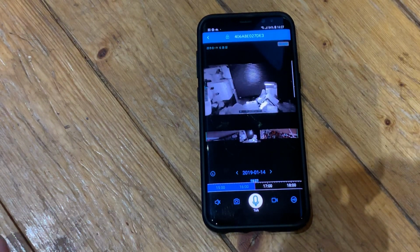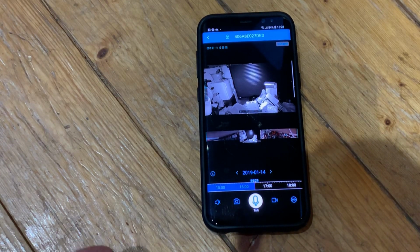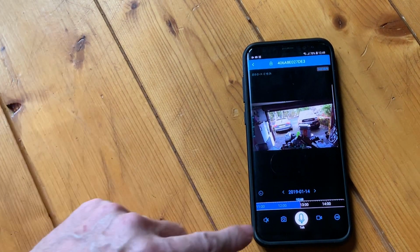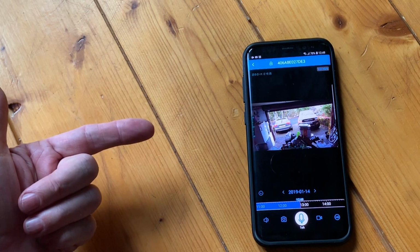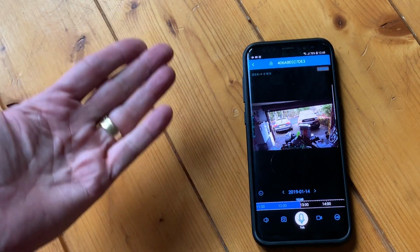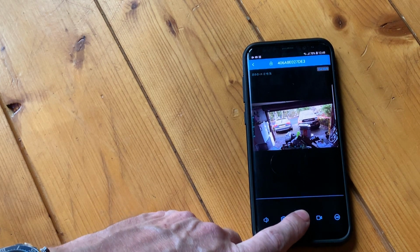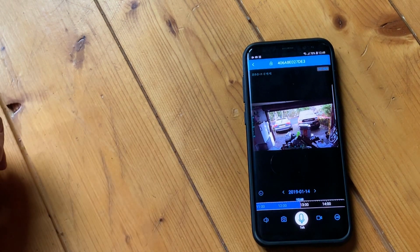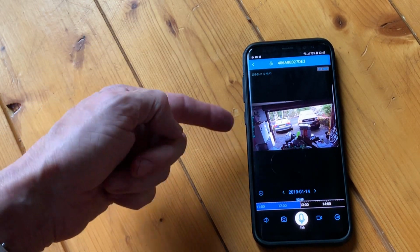So that's a really easy way of navigating, something again that I haven't seen on any other software, and makes this one the best one that I've seen. Right, we've got the audio there, which I was using yesterday. There's no noise at the moment, so you can't actually hear it, but if I press on that, this comes up and you can actually hear it talking there,